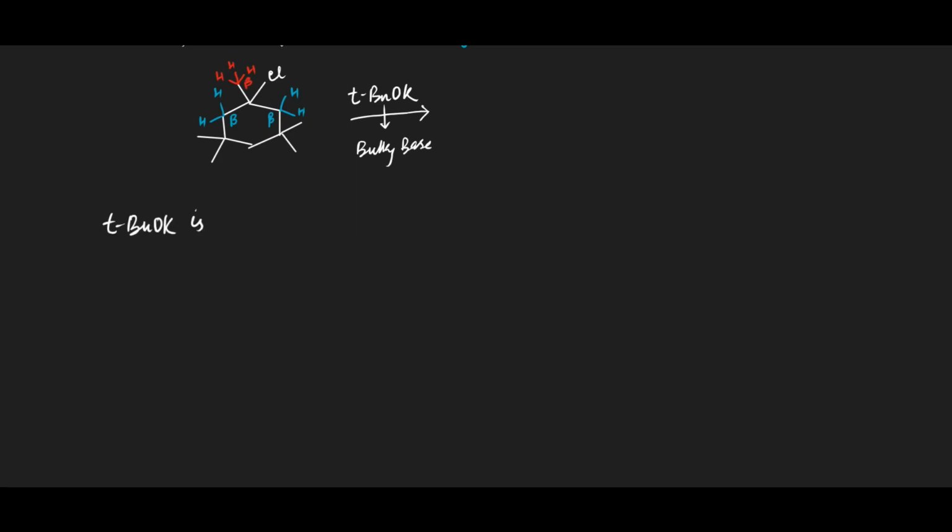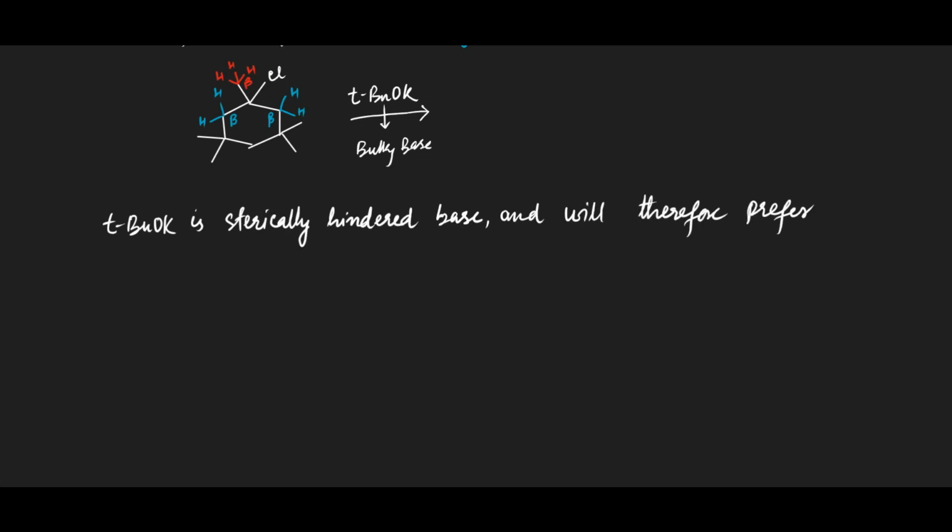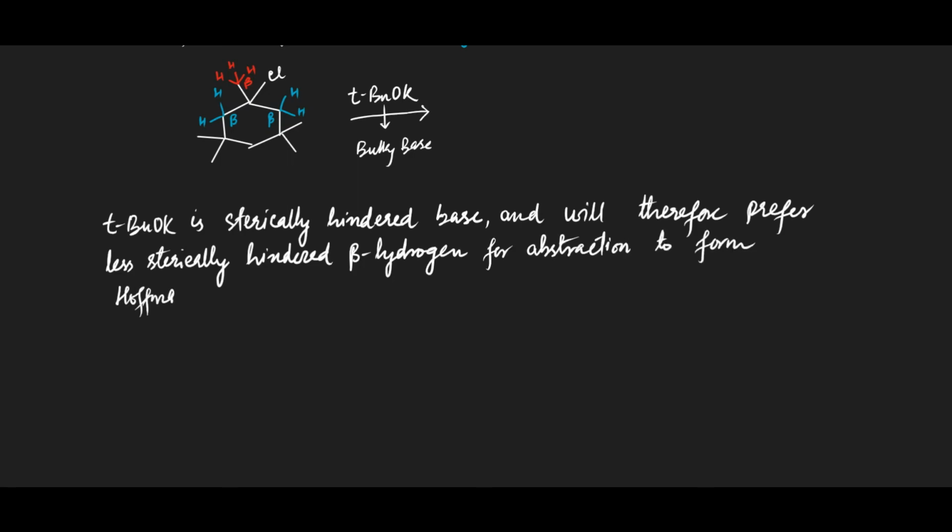Consider this alkyl halide treated with potassium tertiary butoxide base. This is a bulky base. Substrate has 3 beta positions. The 2 beta positions inside the cyclic ring are similar. Tertiary butoxide is a sterically hindered base, and will therefore prefer the less sterically hindered beta hydrogen for abstraction to form Hofmann product as major product. Thus, removal of any of the secondary beta hydrogens from the cyclic methylene gives this alkene